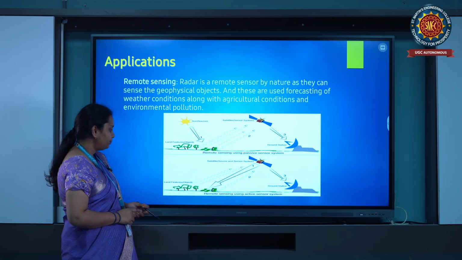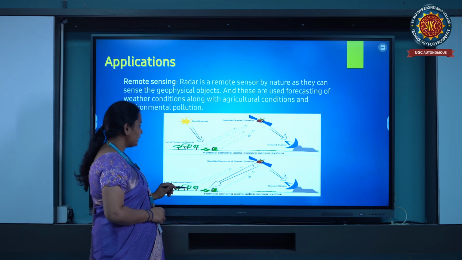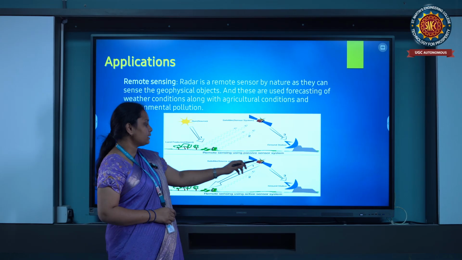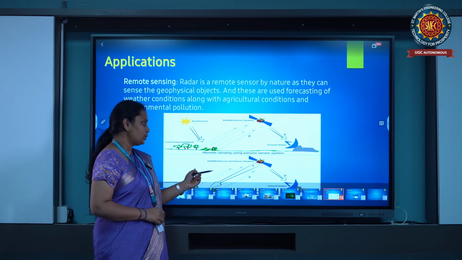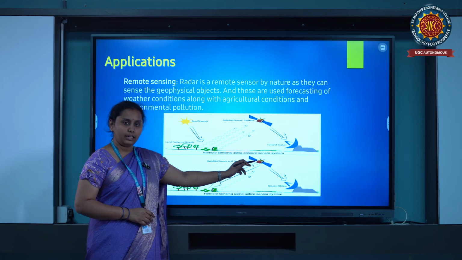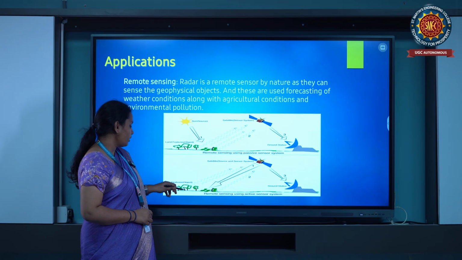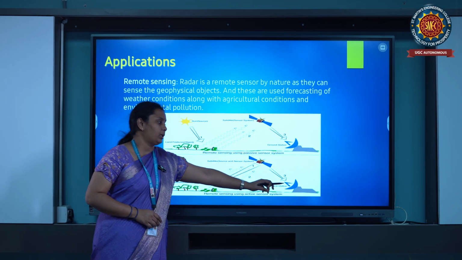Coming to the active sensor system, we use the satellite as both source and sensor. By using this satellite, we sense the data and give the data to the radar.